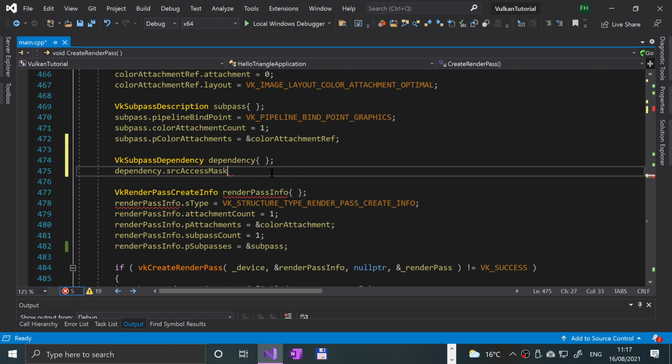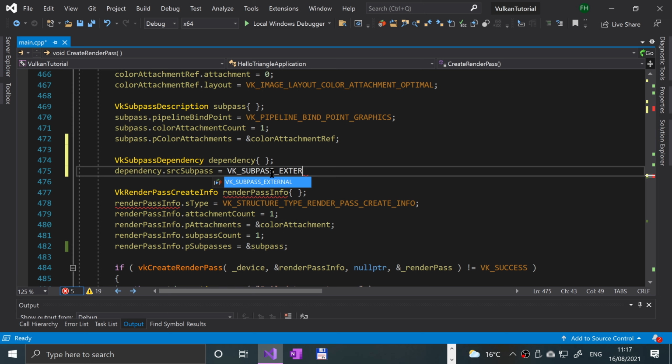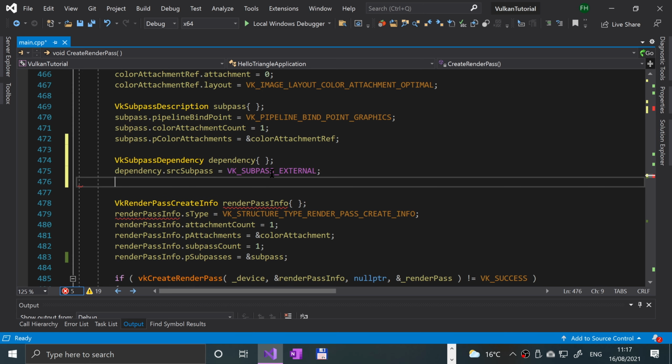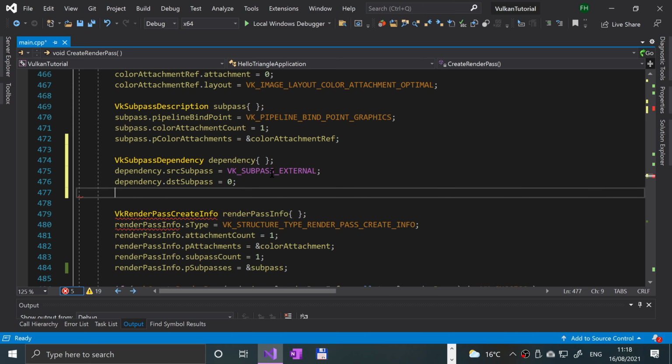dependency.srcSubpass equals VK_SUBPASS_EXTERNAL. dependency.dstSubpass, so the destination subpass, equals 0,